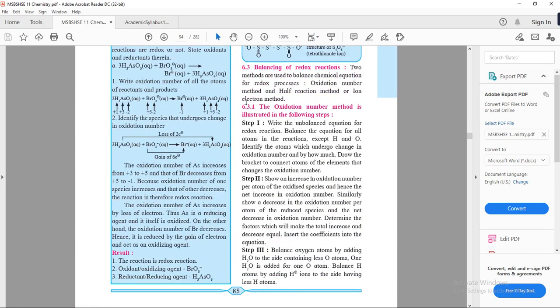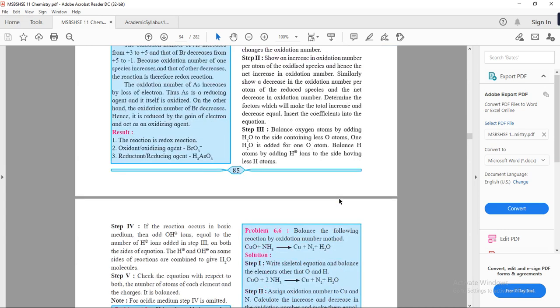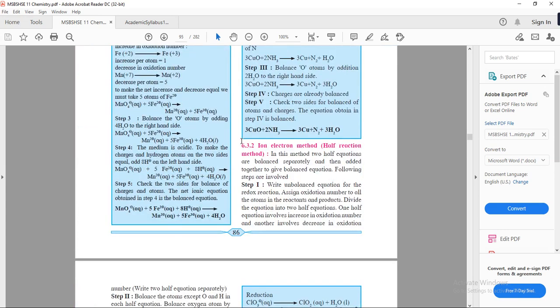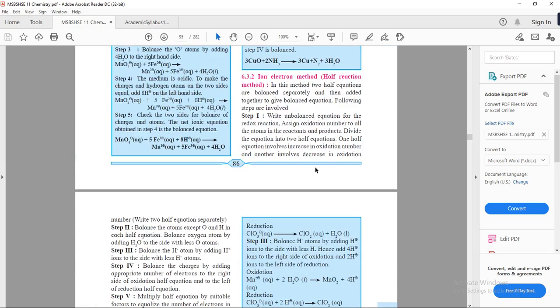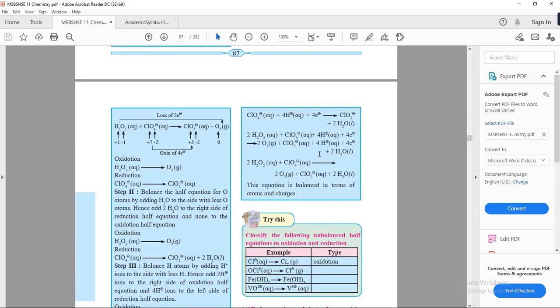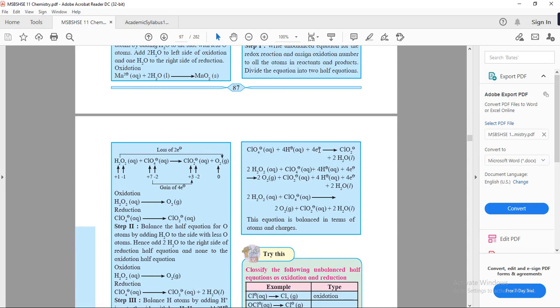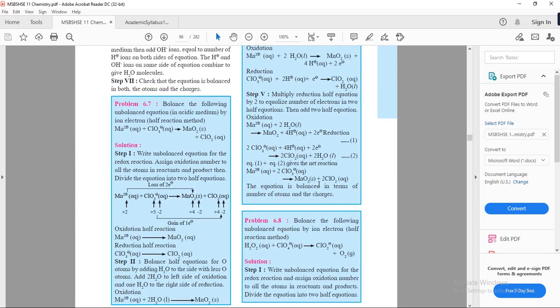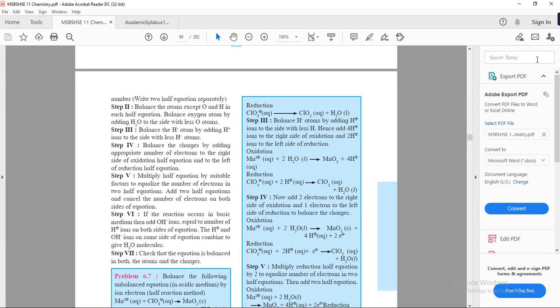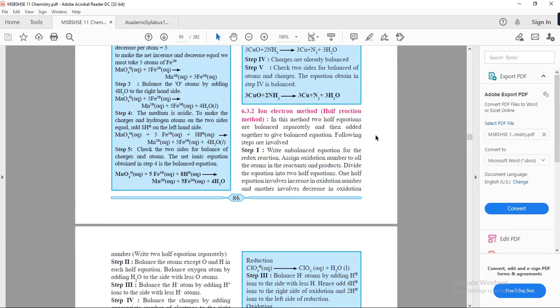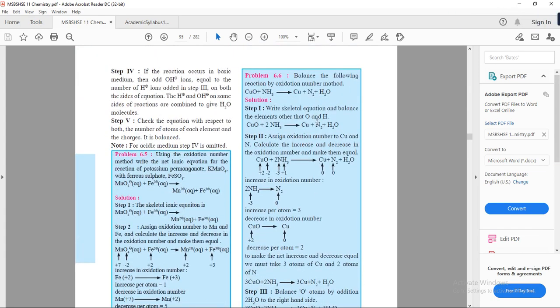This one, the oxidation number method, and the electron transfer half reaction method is not in your syllabus. So this is a very easy topic and very, very important. Next year you will require all the knowledge of this topic for electrochemistry and ionic equilibrium. Yes, so remember these points, this definition, how to calculate the oxidation number, and practice the numericals. So in the next session we'll balance the redox reaction.